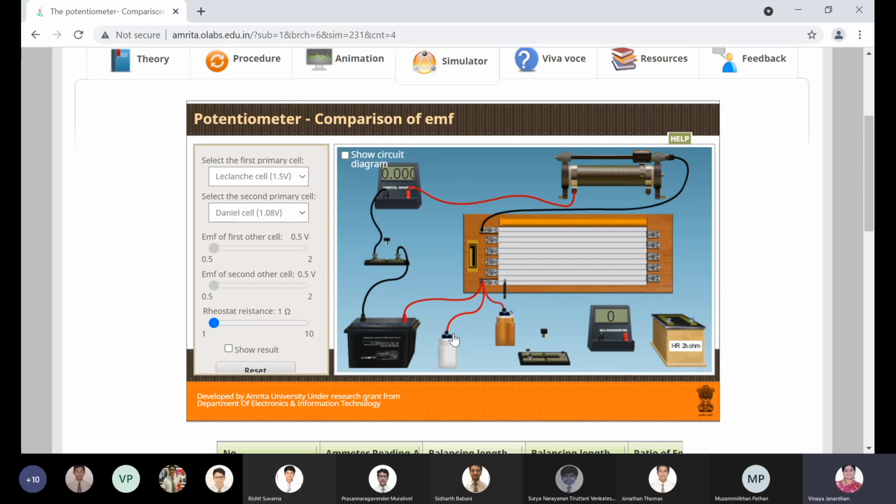Now can you see this, boys? Leclanché cell is shown with a white cylinder-like thing. Right? It's a transparent plastic cylinder. So from the negative terminal of your Leclanché cell, I'm connecting to one of the terminals over here. From the other terminal, I'm just using, from this terminal to the negative terminal of your galvanometer.